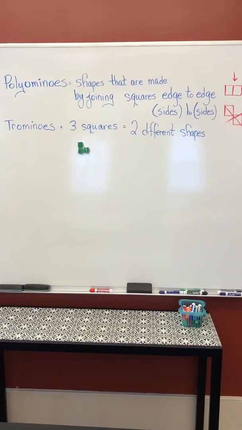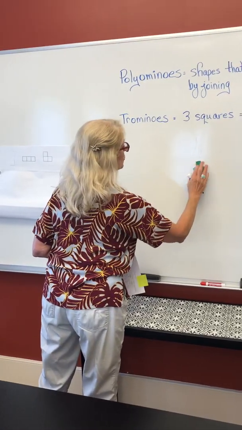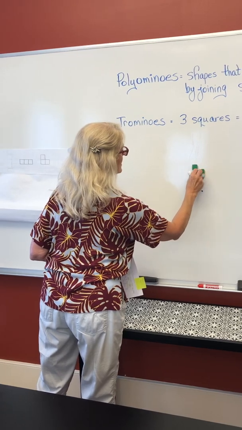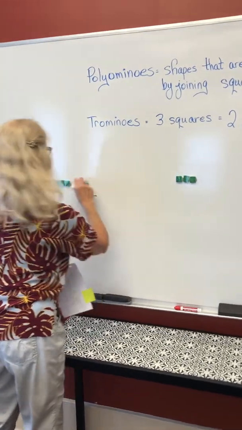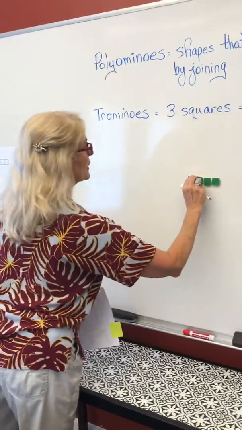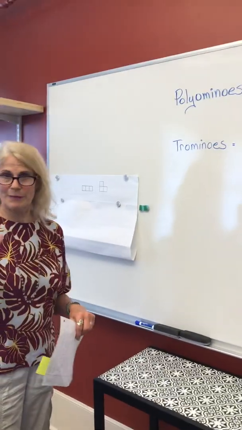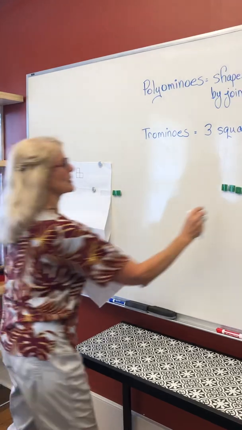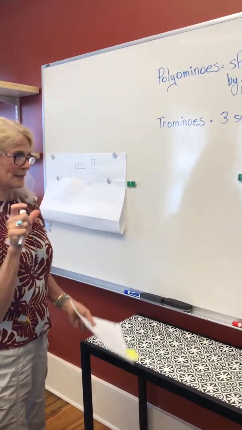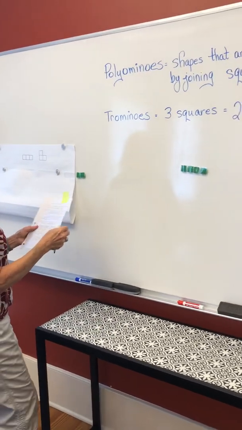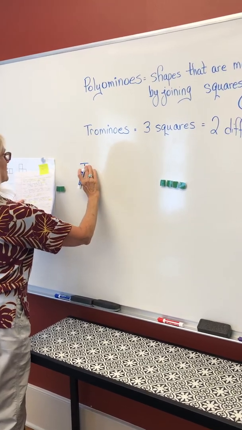All right, so I'm going to move on to adding one more shape, one more square, I should say, to this. I'm going to make the train here. So instead of three, I'm going to put four here, okay? All right, and four, you might remember the quadrilateral, which is four sides, right? And there's another prefix that means four, and that is tetra. So this one is called